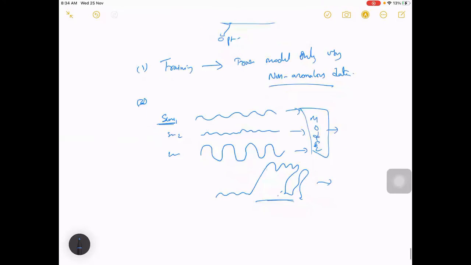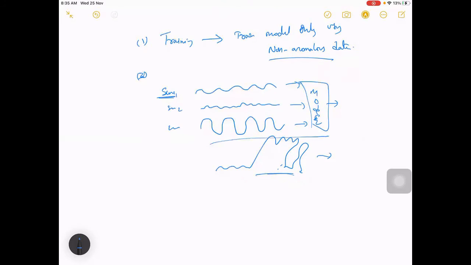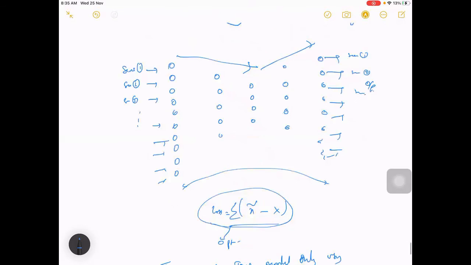So if you don't give the test data in the same distribution as the training data, it doesn't work. It's a very simple thing. If you trained your model on cars and tested on cars, it will work fine. But if you trained on cars and use it for bikes, it may not work because we did not train for such data. Similarly, we used clean non-anomalous data here, and since we trained only on non-anomalous data, it will be able to reconstruct only the non-anomalous data.